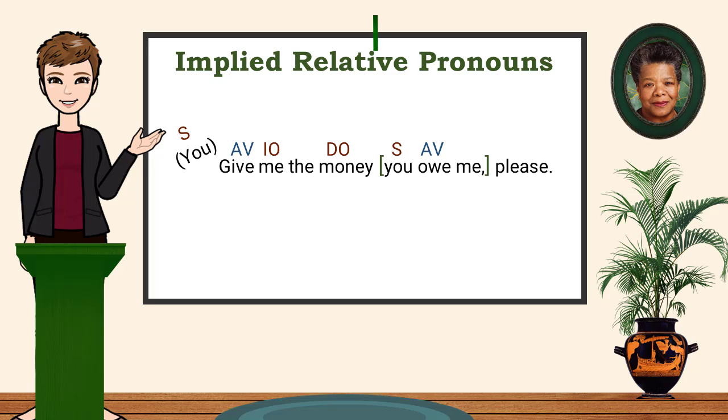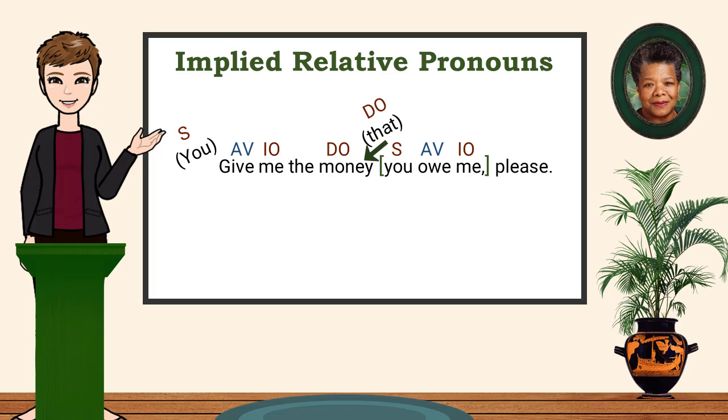There is another subject-verb combination, you owe. When we look at how the two clauses are joined, we don't see a semicolon or a conjunction, so something else has to be going on. To continue our process, you owe what? The answer would seem to be money, but money is the clear direct object in the first clause, and one noun cannot serve two functions in the same sentence. When you reach this step, check to see if adding that, who, or whom at the beginning of the clause makes sense. Here, the implied that starts the adjective clause,